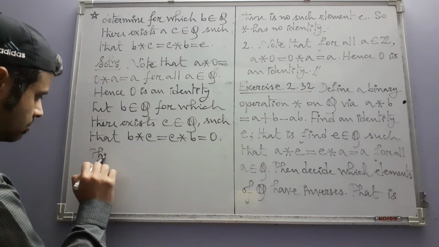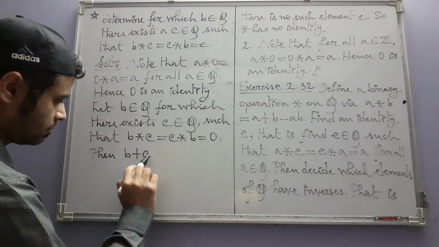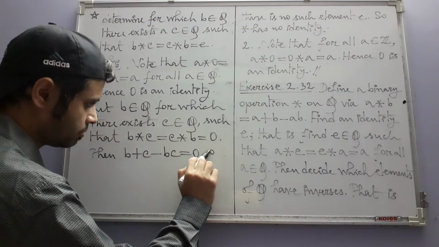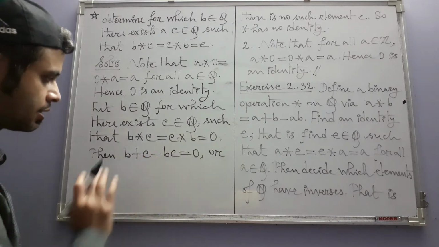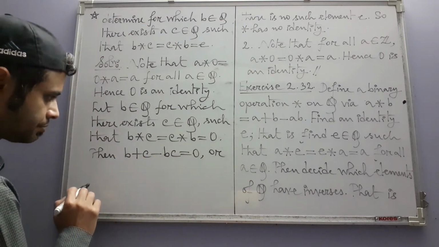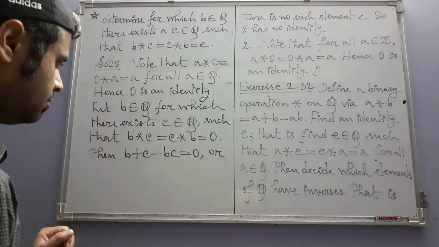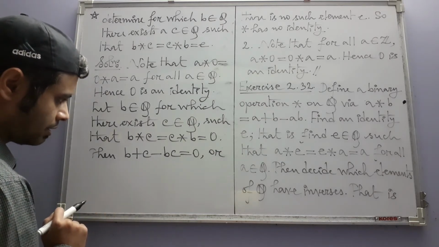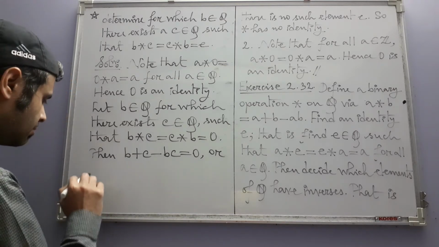Then B plus C minus BC equal to 0. If we calculate C star B, we will get this same thing. So we want to decide what B possibly can be. So what we can write from here is this,